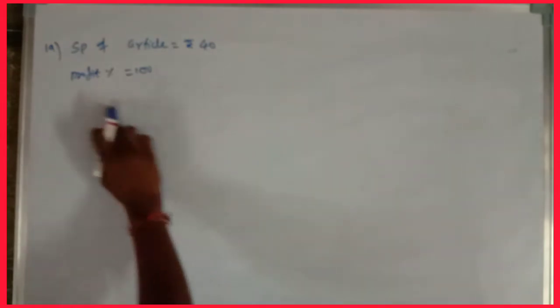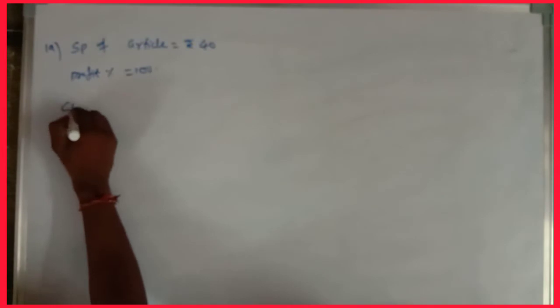Children, the next question is, if Nanda sold an article for rupees 40 and earned 100% profit, then what would be the selling price to earn a profit of 300%? So here Nanda sold an article for rupees 40 and the profit percentage is given. First I'm going to calculate the cost price, then I'm going to calculate the selling price for 300%. So here I'm taking SP is equal to 40 rupees and profit percentage is equal to 100.